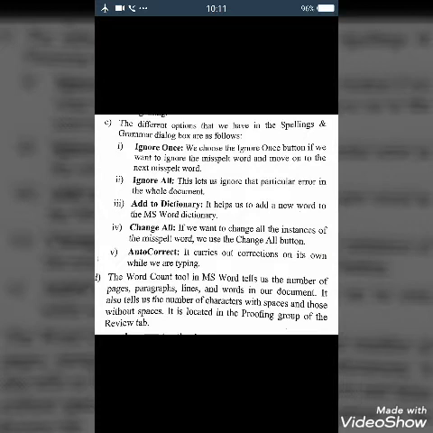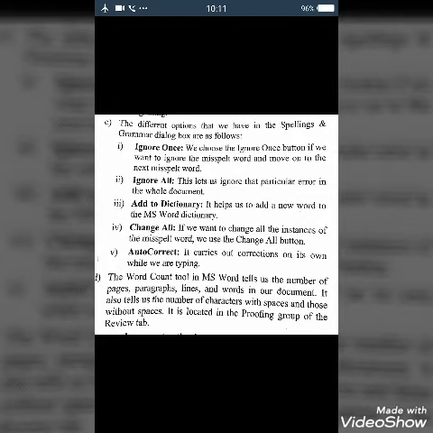Now come to the last one, auto correct. It carries out correction on its own while we are typing. So these are the different options that we have in the spelling and grammar dialog box. Hope you can see it clearly. It is also written in your textbook, so you can write it down from there.